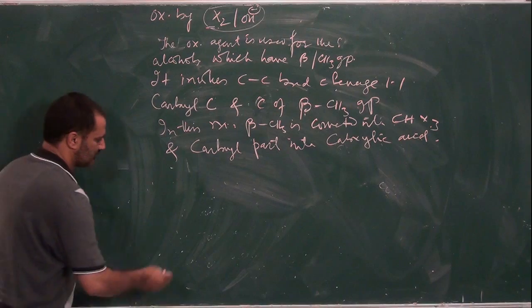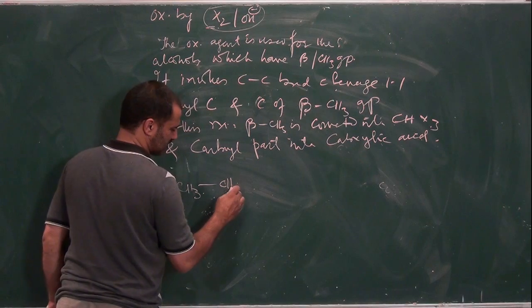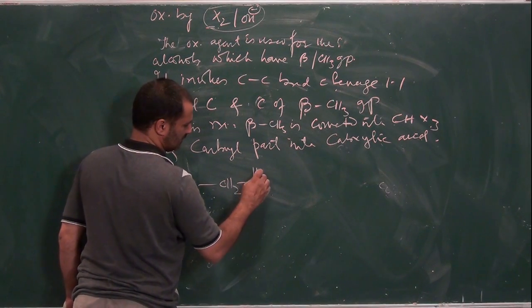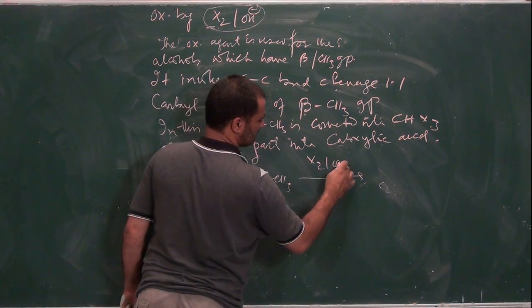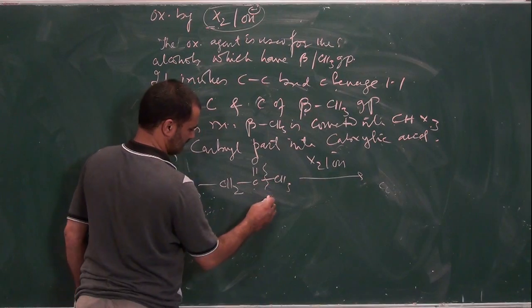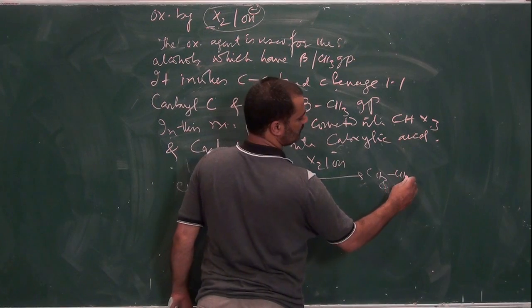For example, CH3CH2COCH3 with X2 and OH negative. This part is converted into carboxylic acid, as I have mentioned above,